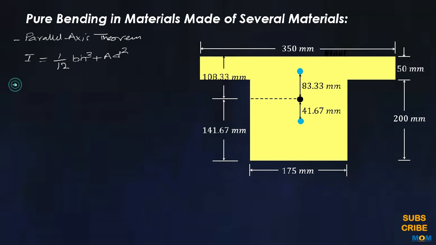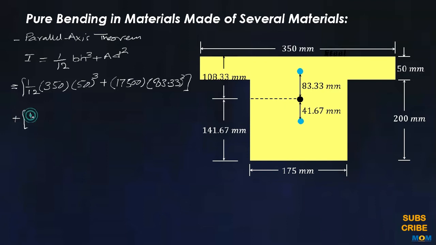So for the first rectangle, 1 upon 12 B, that is width 350 millimeters, and the height 50 millimeter cube, plus area, that is 17500 millimeter square, and the distance 83.33 square, this one,